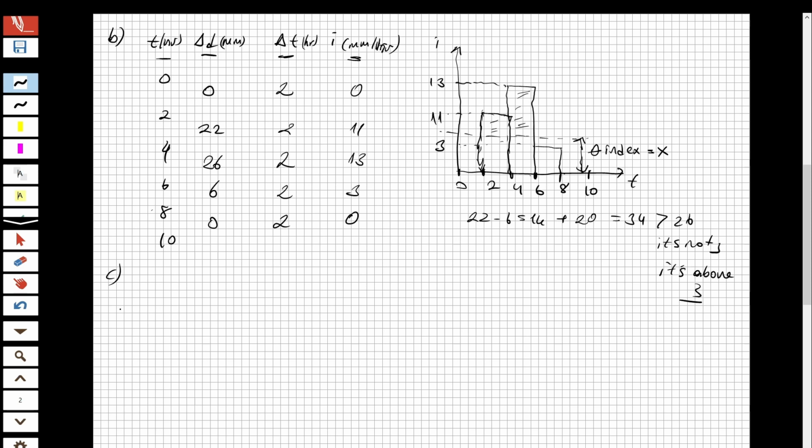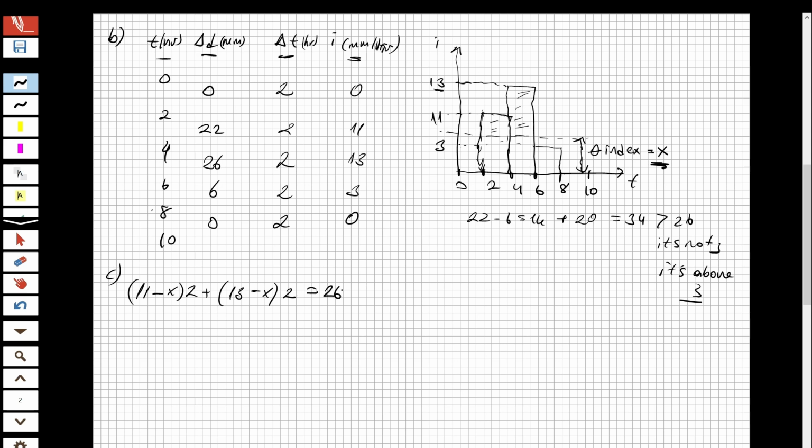So if it is above 3, I'm going to apply an equation. For example, 11 minus x multiplied by 2 plus 13 minus x